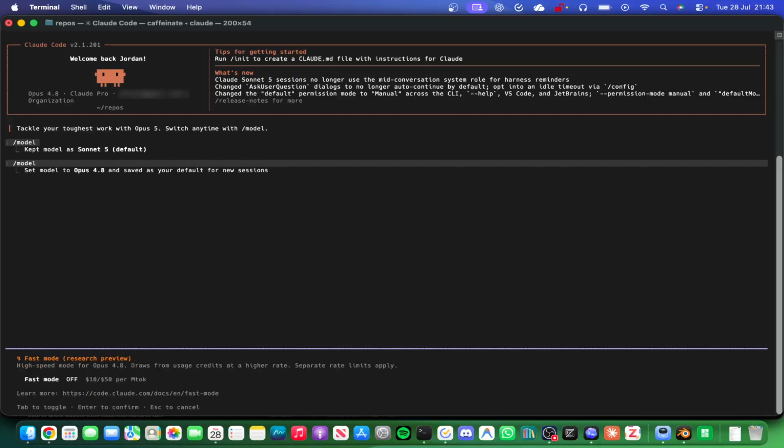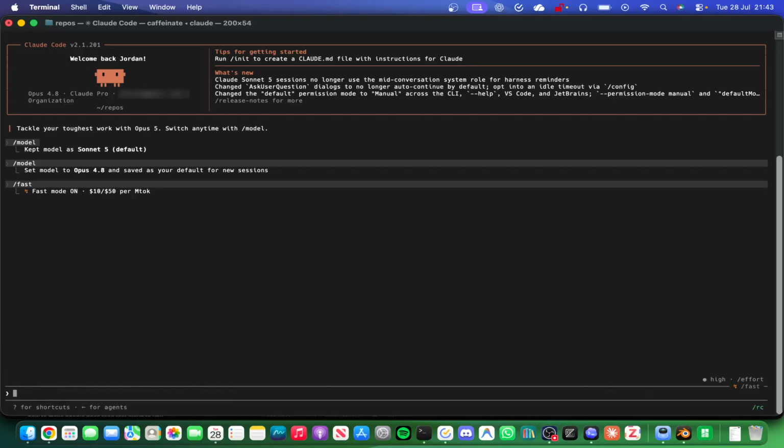An overlay appears explaining high-speed mode details and credit usage rates. Press the Tab key to toggle the feature on. Press Enter to confirm your selection and close the pop-up. You are all set to work with your updated